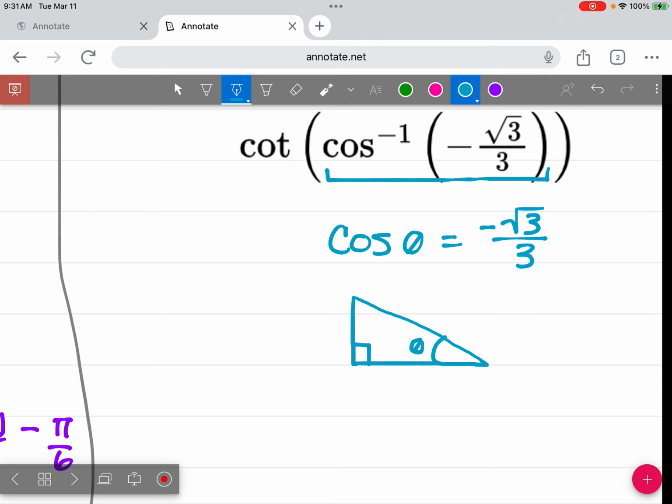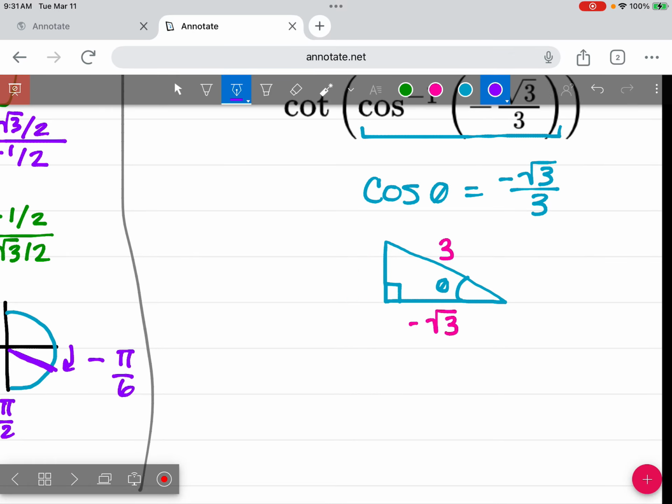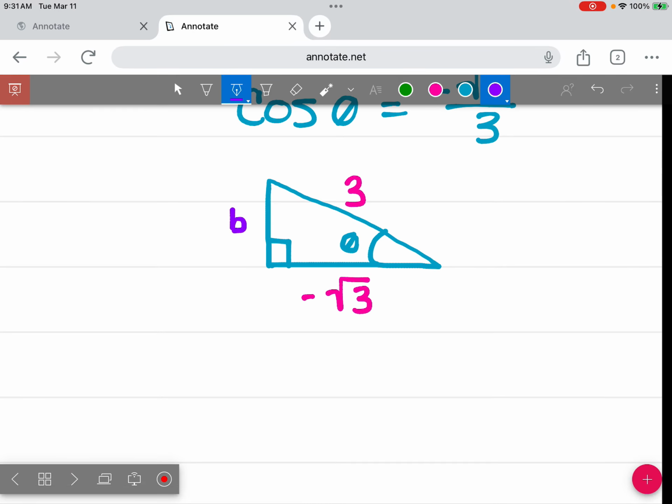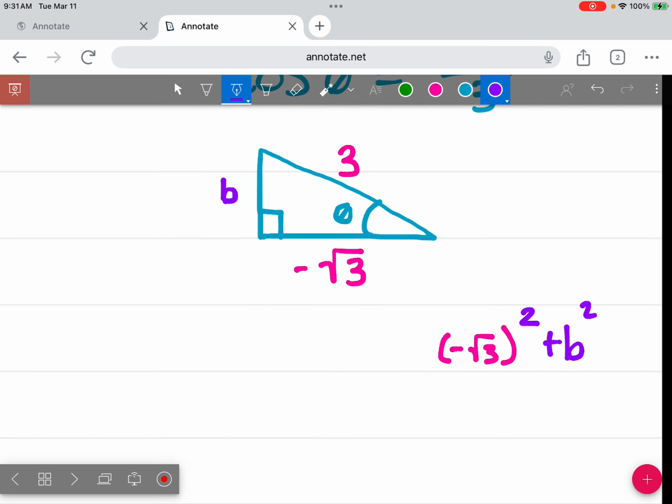This is the angle we're looking at. We have our cosine, which means we know our adjacent is our negative root 3, and we know our hypotenuse is a 3. And we can use the Pythagorean theorem to figure out what our other leg is over here. We're going to have our negative root 3 squared plus our b squared